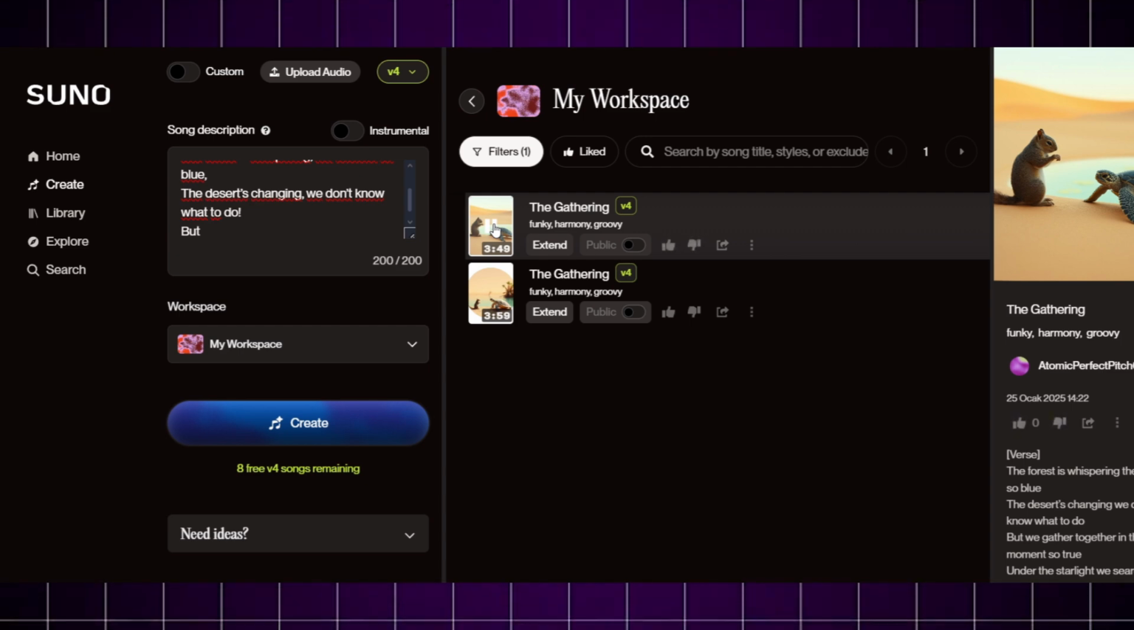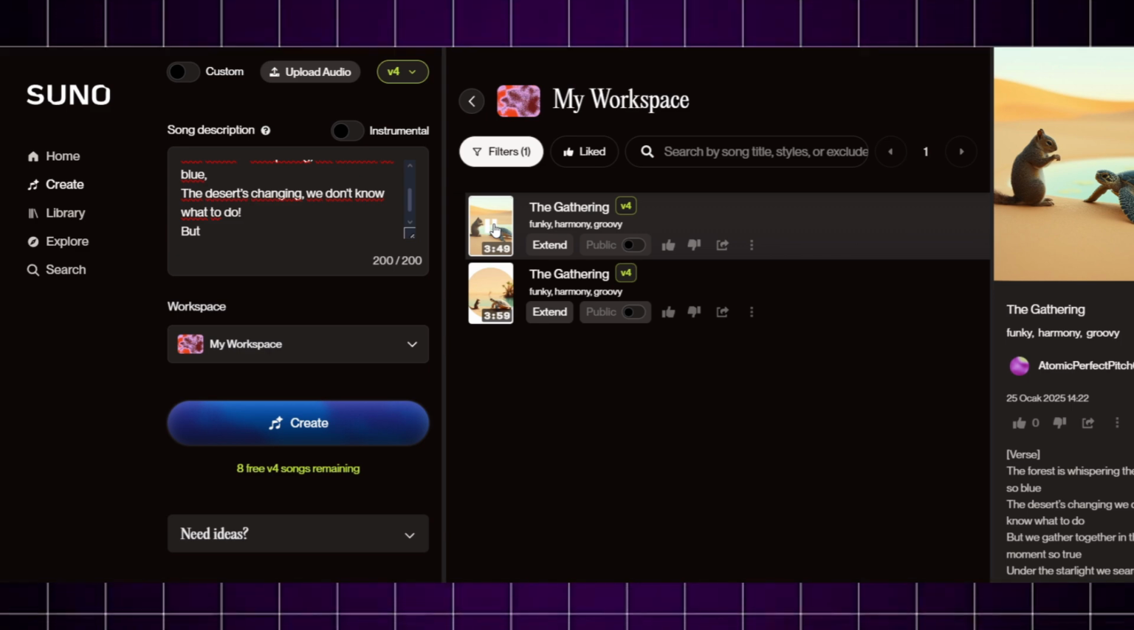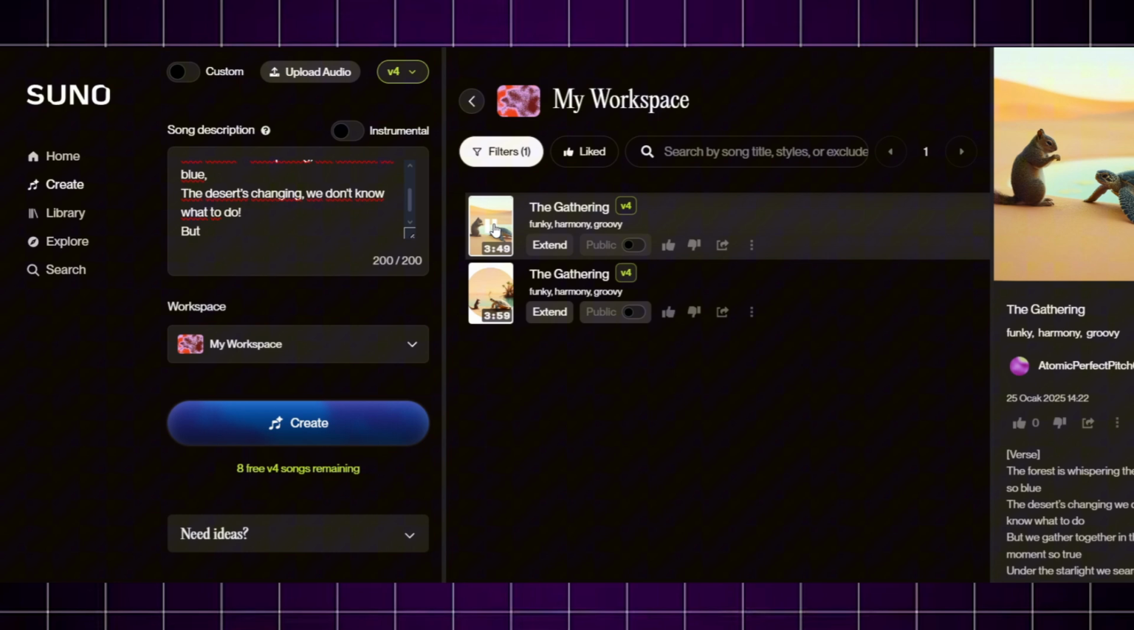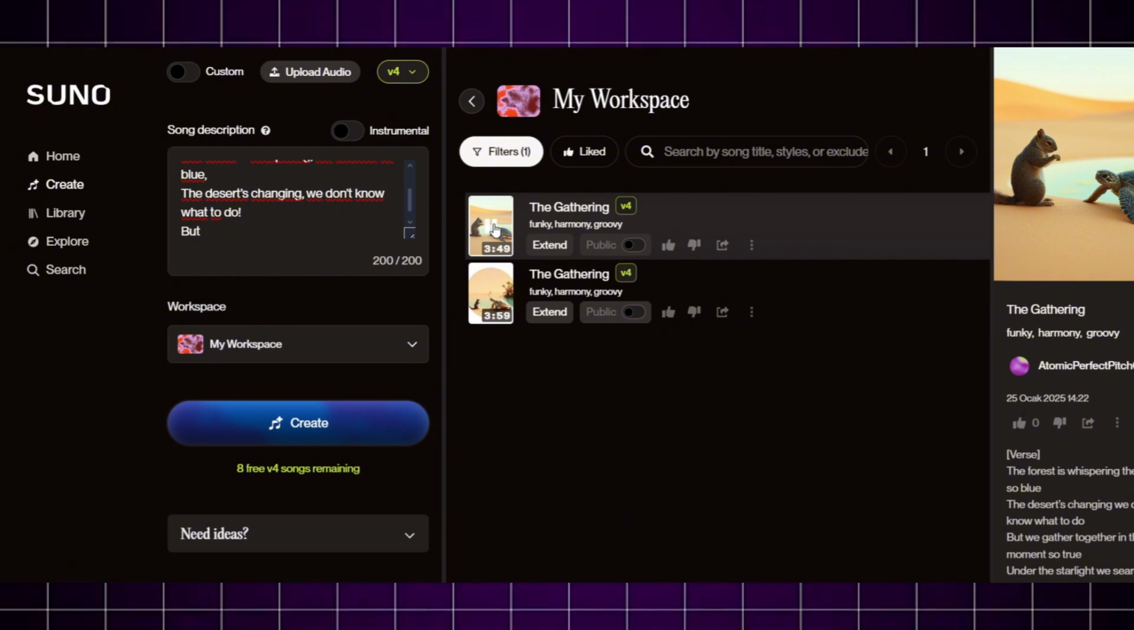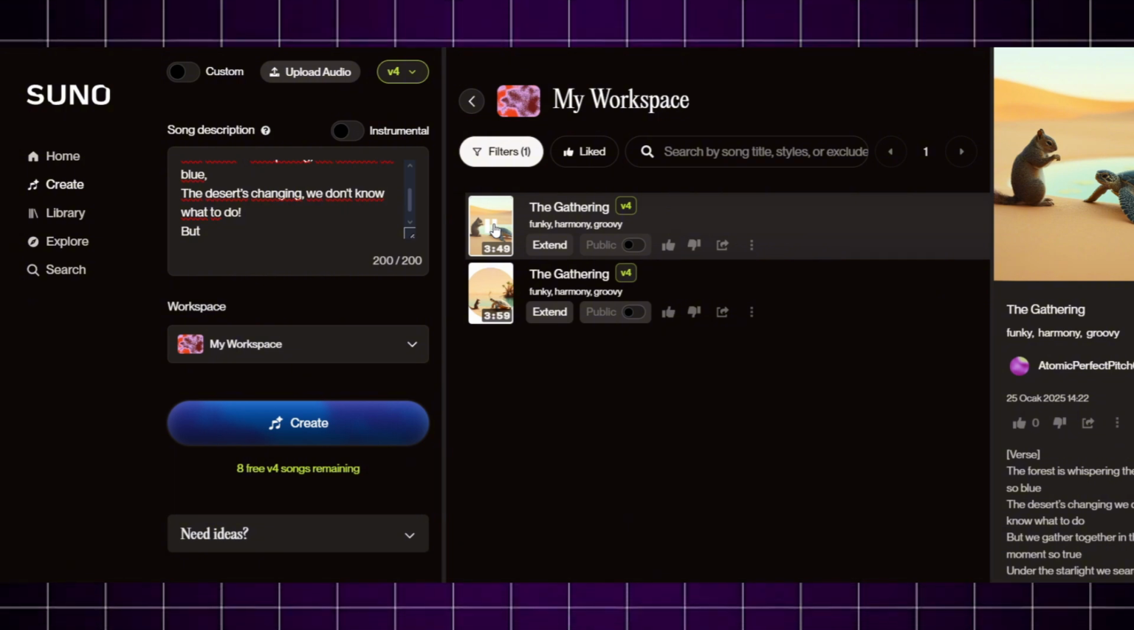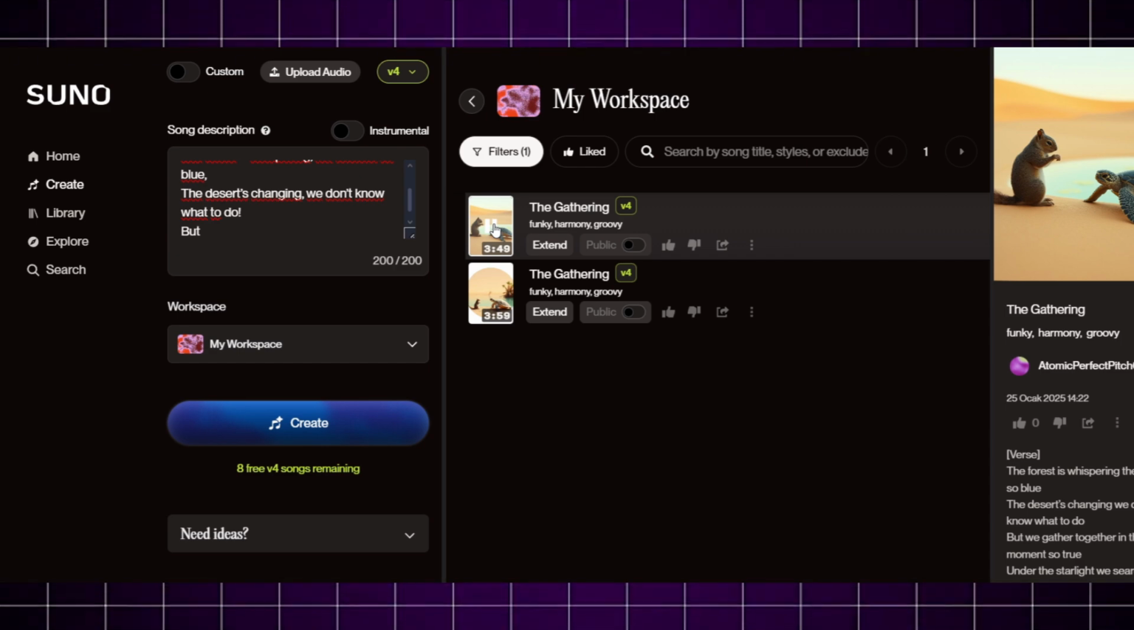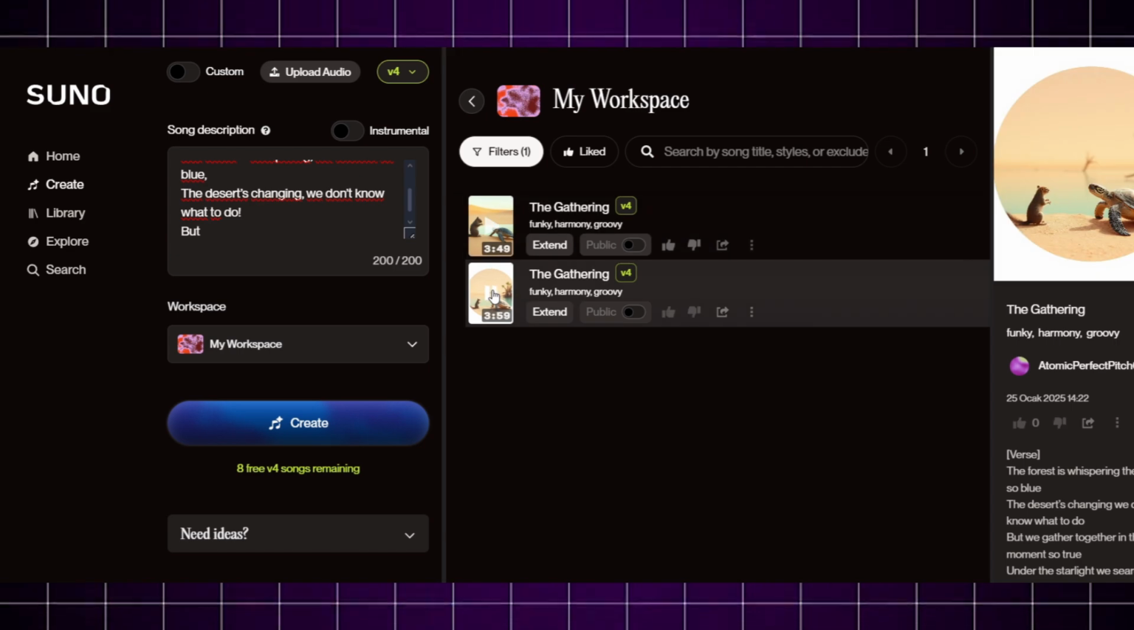The forest is whispering, the ocean so blue, the desert's changing, we don't know what to do, but we gather together in this moment so true. Under the starlight, we search for a clue. The squirrel on the branch, his tail held high, sea turtle glides beneath the